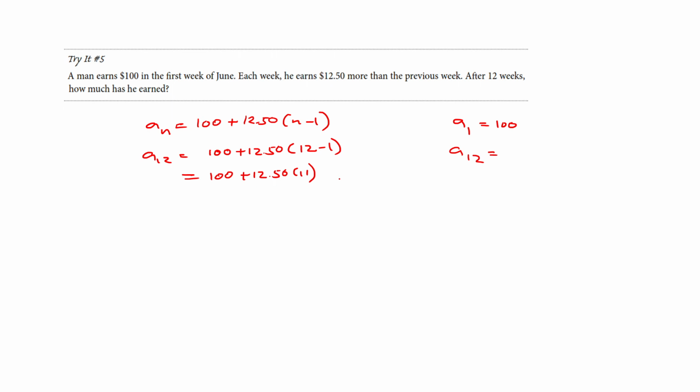Okay, so I got 237.5. So to find the sum of the first 12 terms, we're going to add up the first and last iteration. We're going to multiply it by the 12 for the n and divide it by 2. And we get